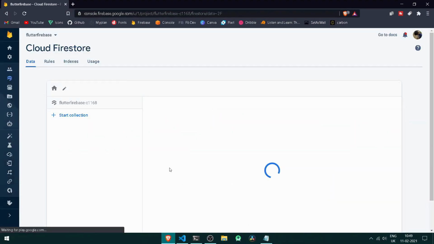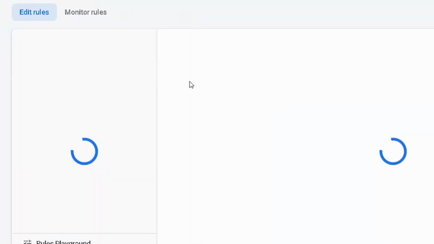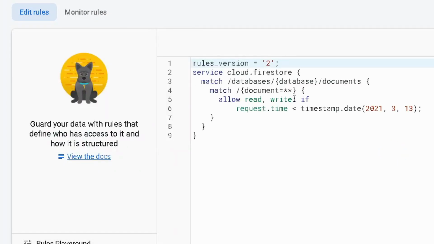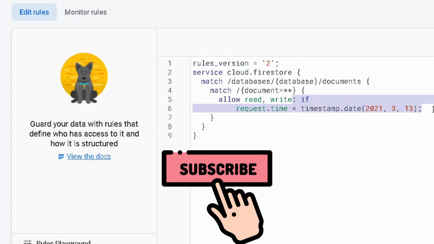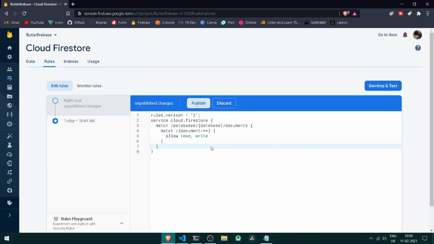Cool, so congratulations, our Cloud Firestore is successfully provisioned under our Firebase console. So the next thing we can do is move under our rules, and here you may observe we will be getting a large sheet of all the rules. So under your rules you can simply do one thing, remove the following timestamp thing and allow read and write for our entire Cloud Firestore. So once we have done this, simply publish all the changes.